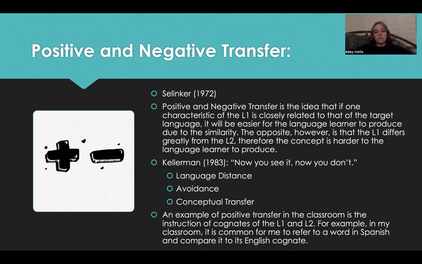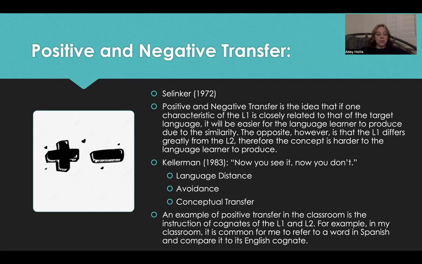But one of the most common ones that you'll see that the book talks about is whether you're learning, let's say, Spanish and English is your L2, that might be easier. There might be a lot more positive transfer than Chinese and English. So if you're a Chinese speaker and you're learning English, there would not be as much positive transfer because Spanish and English share an alphabet, as where Chinese and English don't share an alphabet at all. And so it's harder for the learner to process the new information.